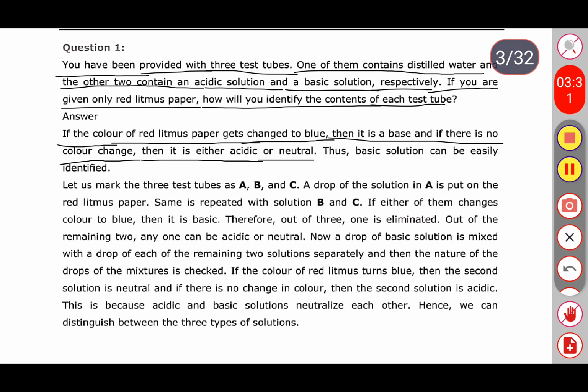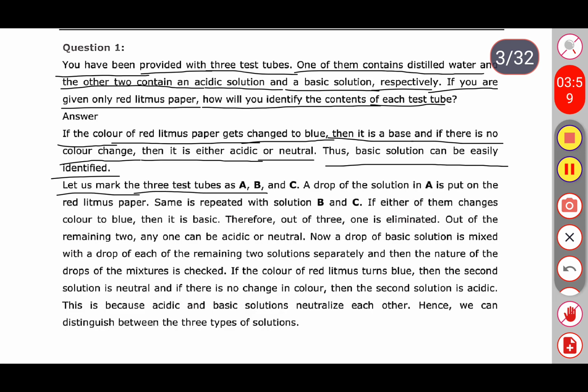The litmus paper color remains the same in neutral solution. Thus basic solution can be easily identified. Once we identify the basic solution, with the help of that basic solution we can easily identify the remaining two solutions. Let us mark the three test tubes